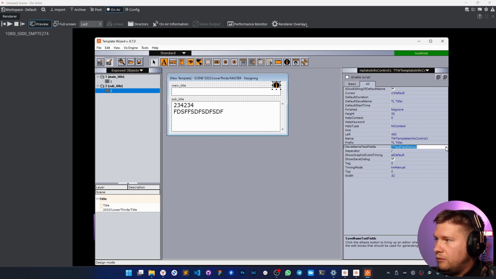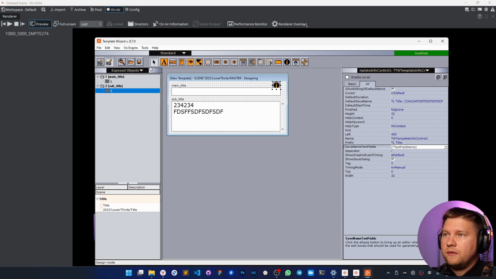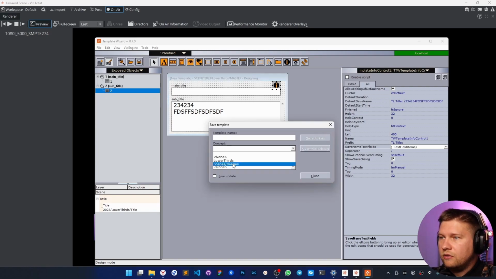And yeah, but no, it's not fine, because I'm going to use just an empty main title and have some text only in the subtitle. So I'm going to add this memo block here as well. So I'll use this one. Okay, that's good. And let's save it. Save it where? Of course, in our lower third concept. And don't forget to add this